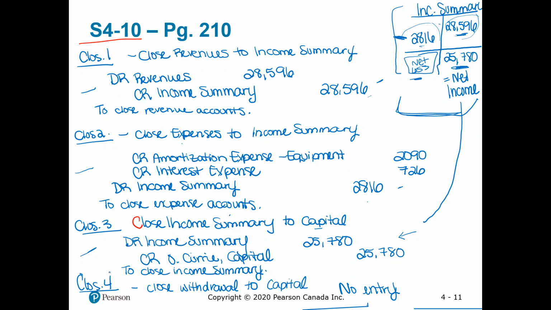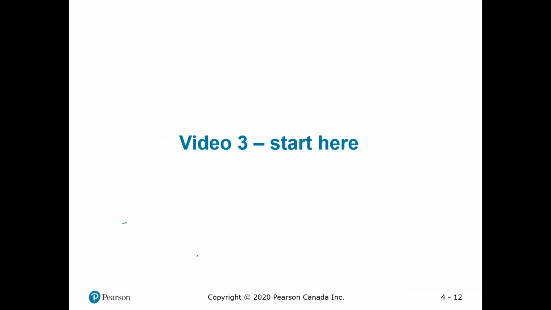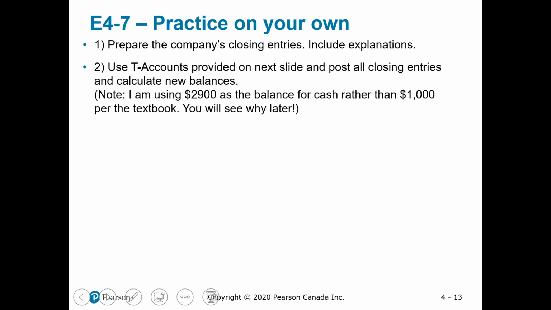So that's one. Now I want you to take a look at E4-7. So practice this one on your own. It goes through, again, preparing the company's closing entries. So it wants you to post these entries. And then part 2, in the textbook, it just tells you to post whatever you posted in entries in number 1, post them into the T accounts. But I want you to actually use